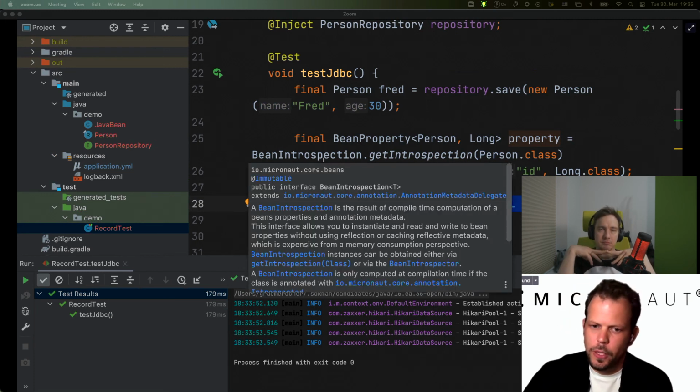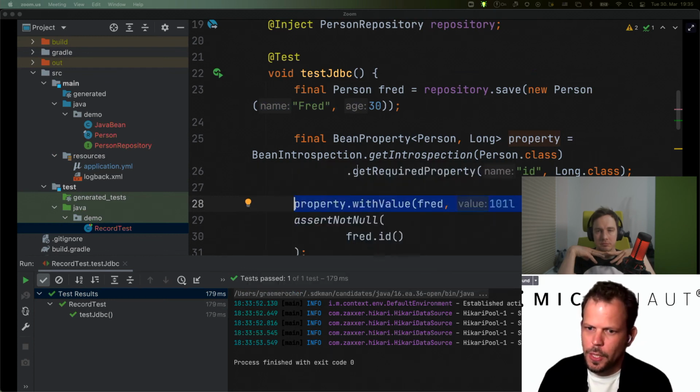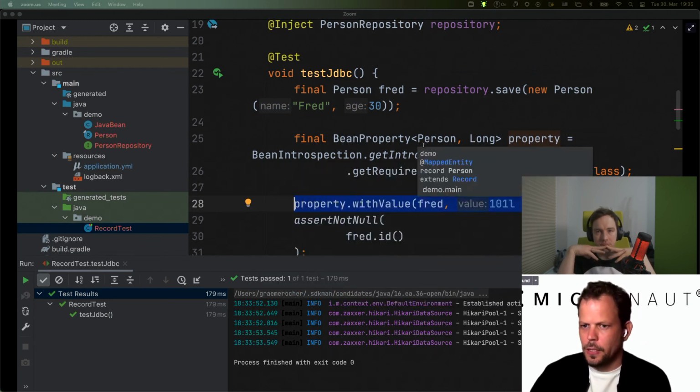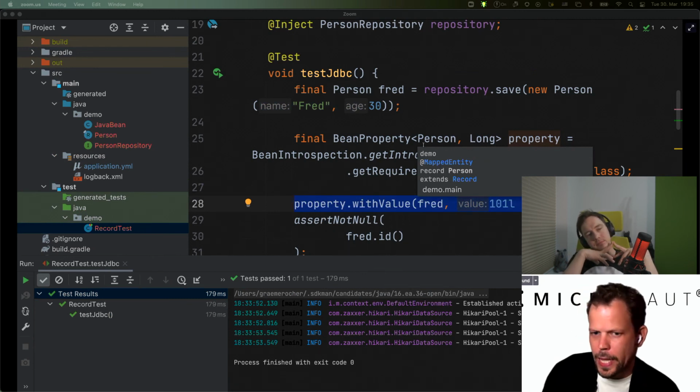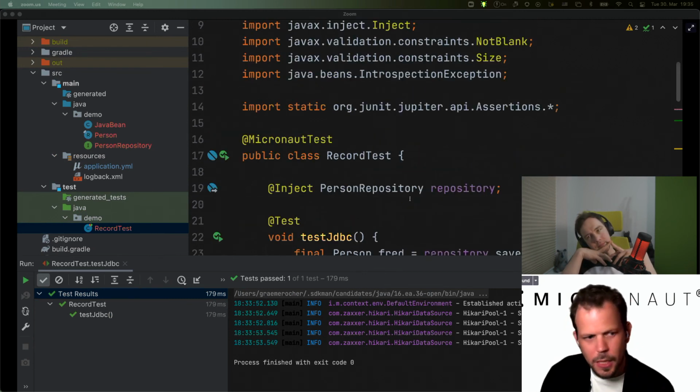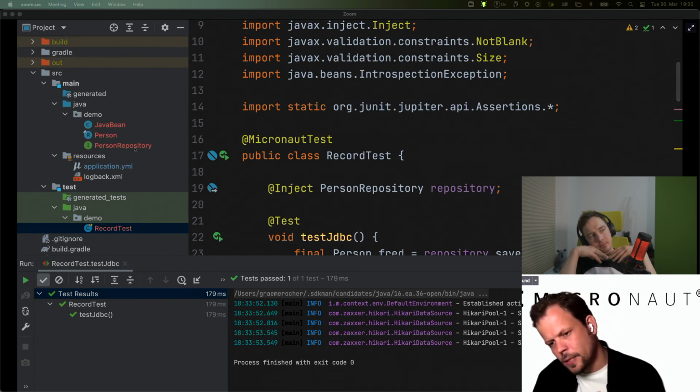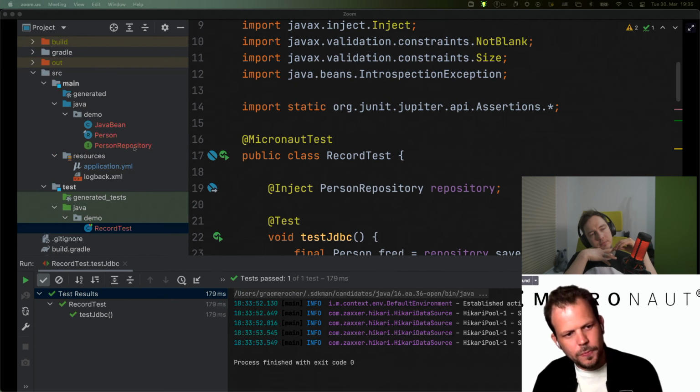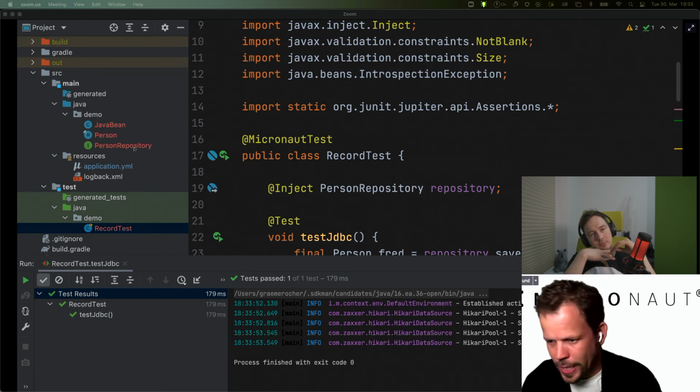Micronaut's built-in support for introspections to deal with records, and evolving it to deal with immutable applications. And the nice thing about Micronaut Data JDBC is that it's already evolving to be ready for immutable state, because it's built on this Bean Introspection API. So that is